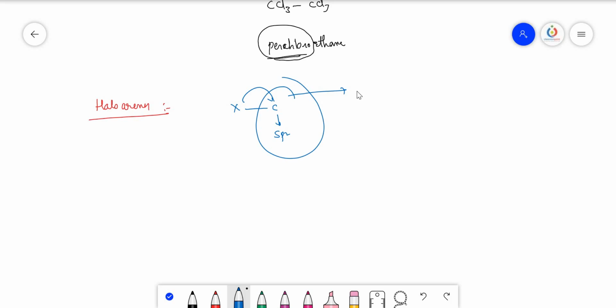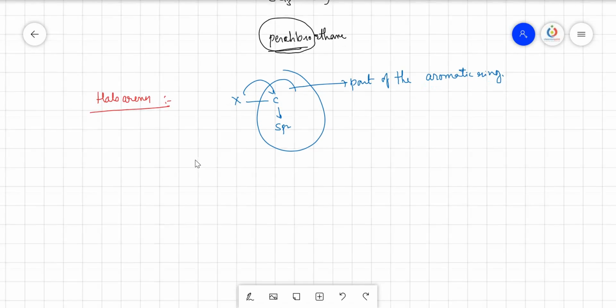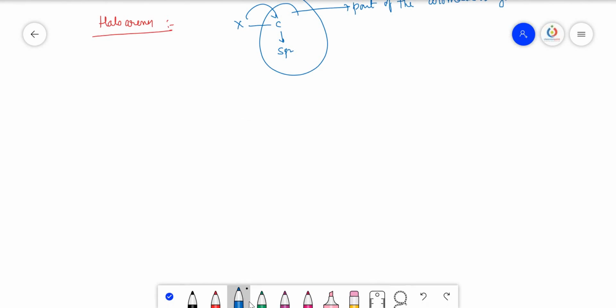Moreover, this carbon is part of the aromatic ring. If it is not part of the aromatic ring, it shall be called the vinyl halides. If it is part of the aromatic ring, then only it is called the haloarenes. I will take some examples for this. You see here,